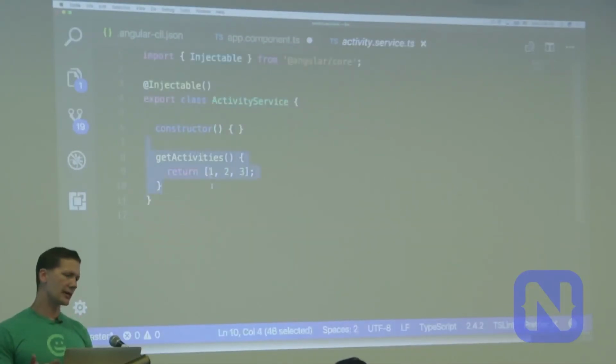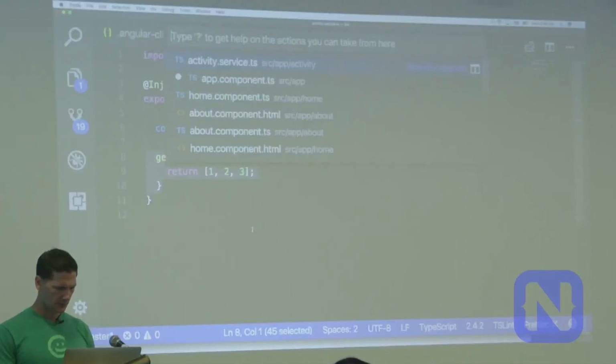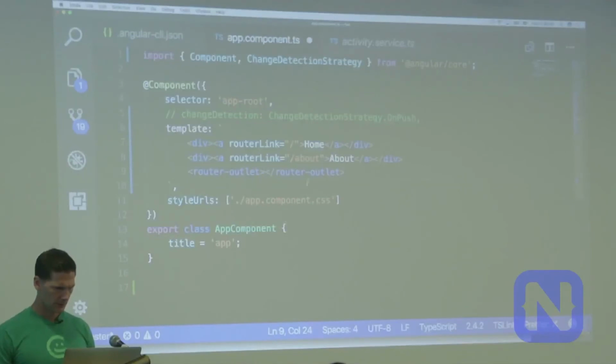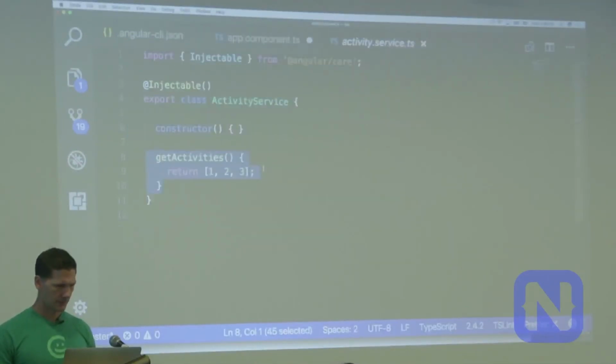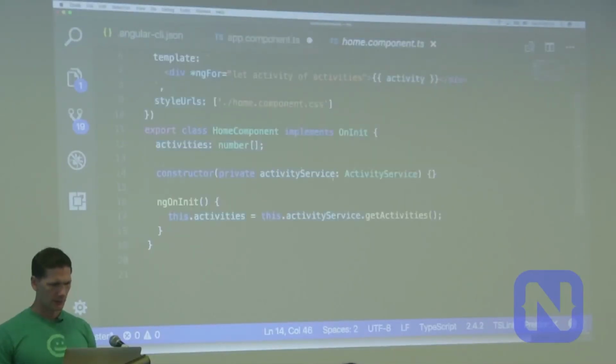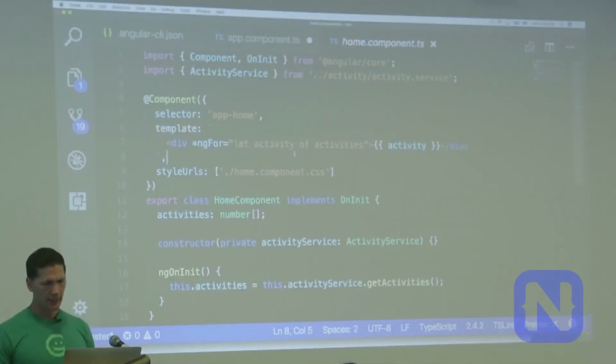I just want to show an example, like I showed with the simple example, of a service that just has this method with 3 things, 1, 2, 3, and so it's setting that to activities, and then I'm just displaying it. Just to really quickly show you a different variation of this.